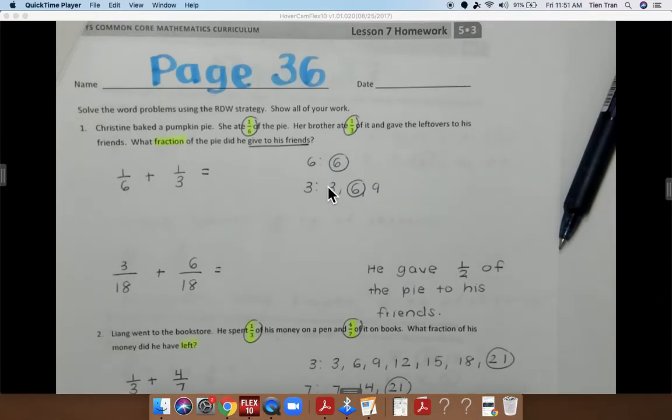We are on page 36, lesson 7. Make sure you guys are turning to the correct page number. So,